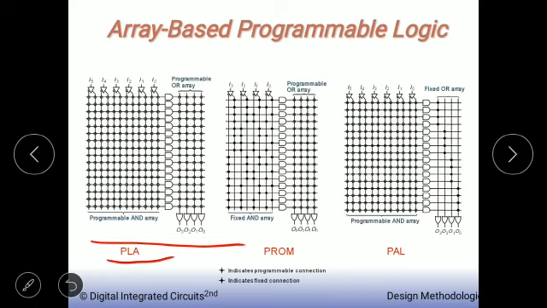It has two planes, that is a programmable AND array and a programmable OR array. If both the planes are programmable, then such a logic device we call a programmable logic array or PLA. Here a circle at an intersection indicates a programmable connection. You can observe that there is an interconnection here. Interconnection can happen here and here. So here both the AND plane and OR plane are programmable. We have the flexibility of programming both the planes. That is, an interconnection point is either enabled or not.